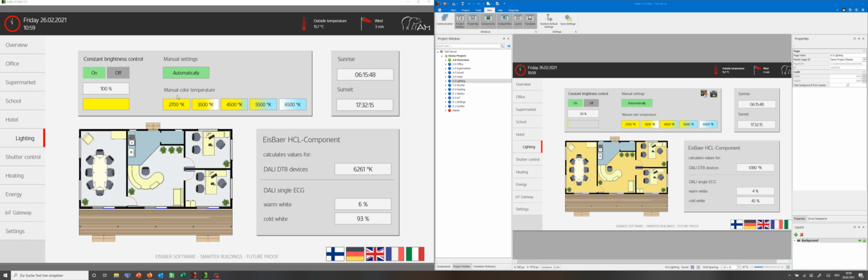So if I switch now to manual color temperature, and I say here 2700 Kelvin, then you see that we send the color temperature to the DT8 devices, and we have the calculation for the individual devices, which means now the warm white goes to 100%, the cold white goes to 0. Exactly the same if you go in the other direction, you say